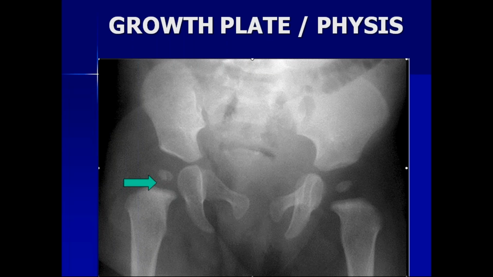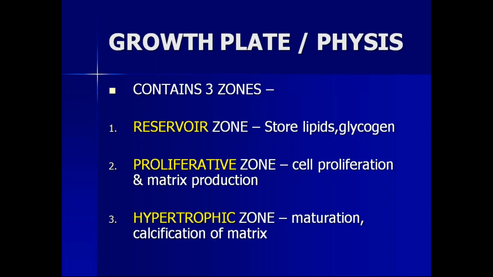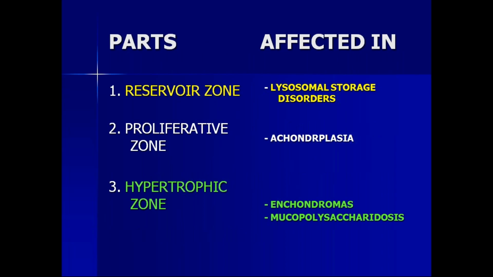It is translucent. This growth plate, as we have learned before, has 4 zones: the germinal or reservoir zone, the proliferative zone where the cells proliferate, the hypertrophic zone where the cells increase in size, and the 4th zone, the zone of calcification. These zones are important because towards the joint is the germinal zone, and towards the diaphysis is the zone of calcification.